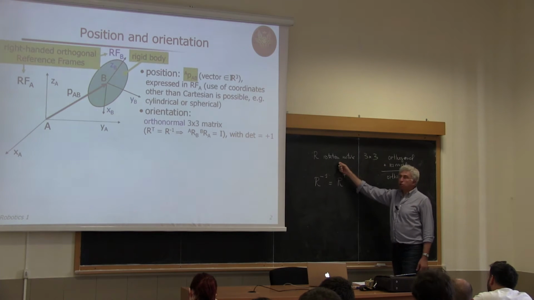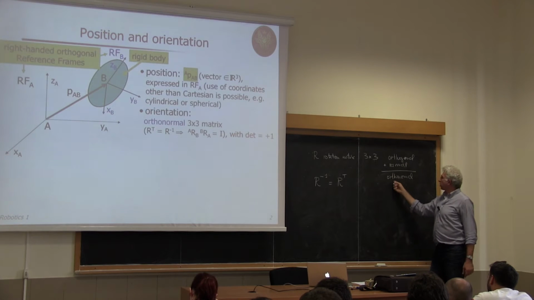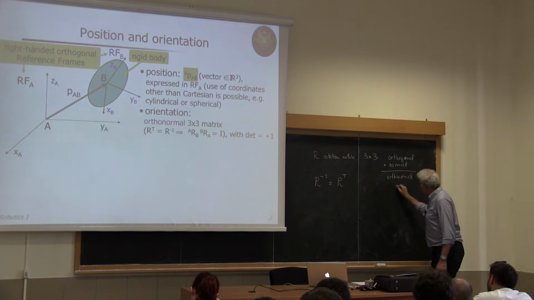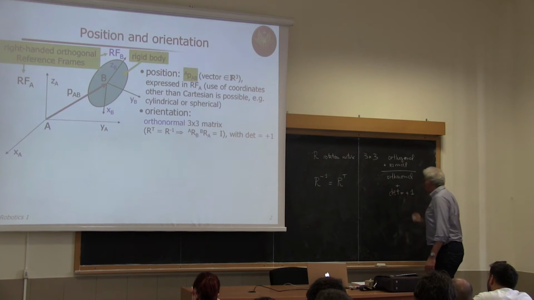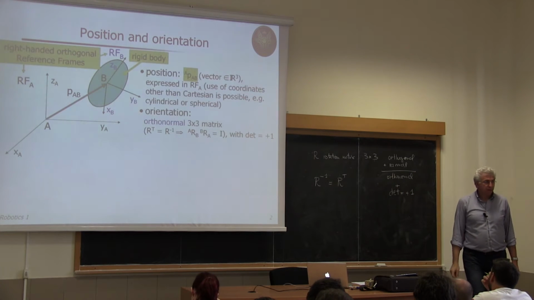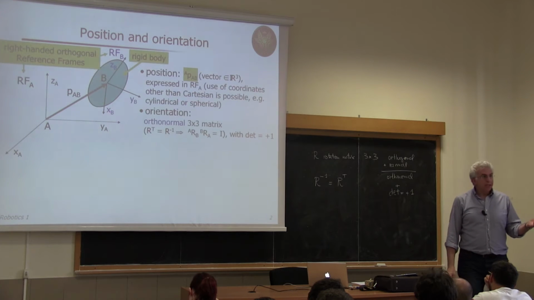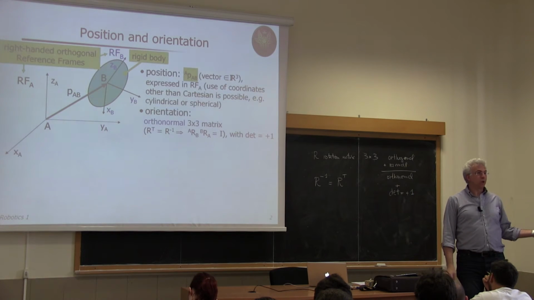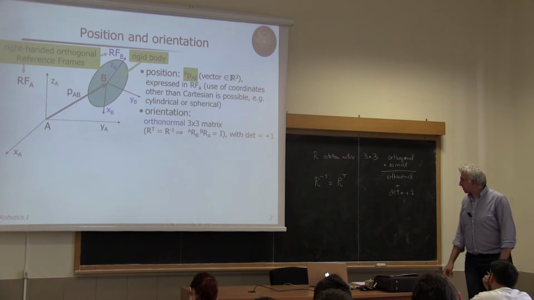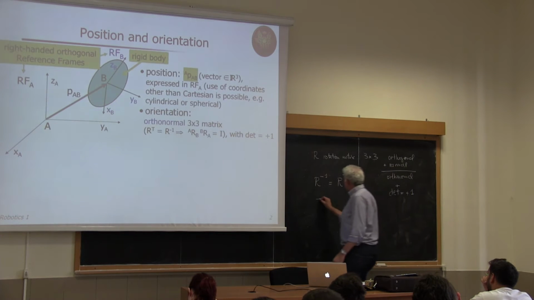However, rotational matrices are not only orthogonal, orthonormal, plus they have determinant equal to +1. You can have an orthonormal matrix with determinant -1. Okay. For instance, this matrix